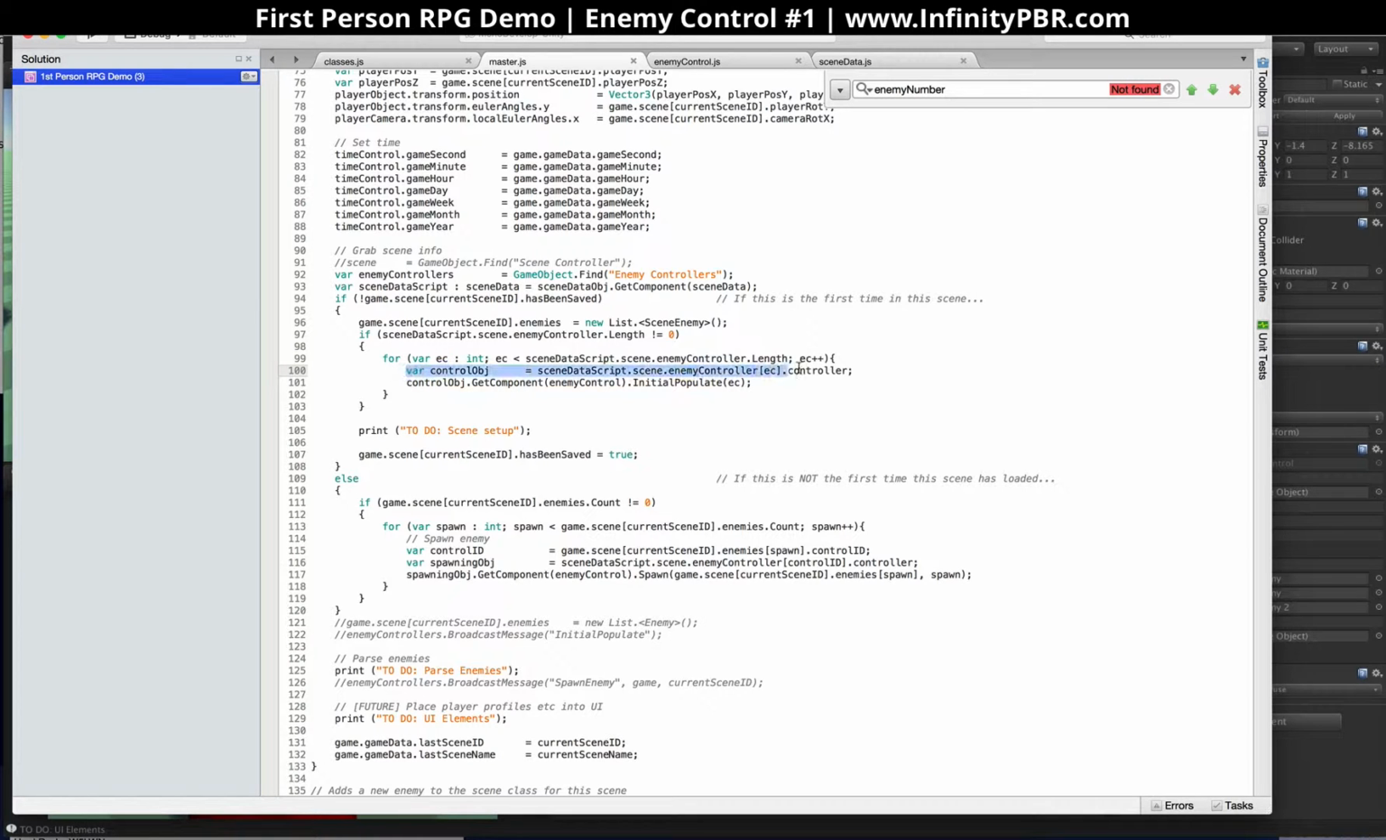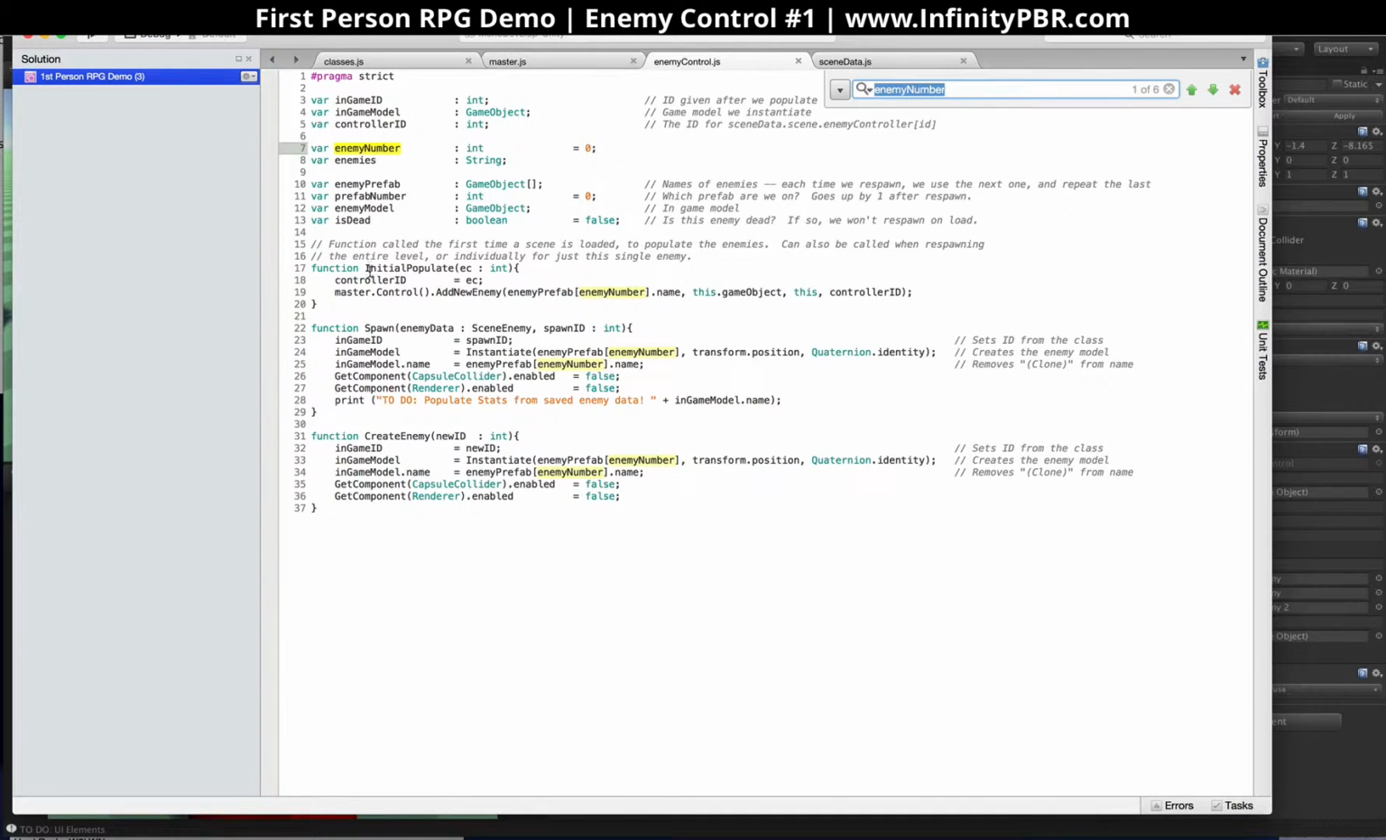The control object is scene data script dot scene dot enemy controller with the ID dot controller, which links directly to the object that holds enemy control. And we're going to call initial populate and pass along its ID so it knows its ID. Initial populate over here assigns its ID to controller ID. And then it calls master control add new enemy, and it passes along the prefab name,